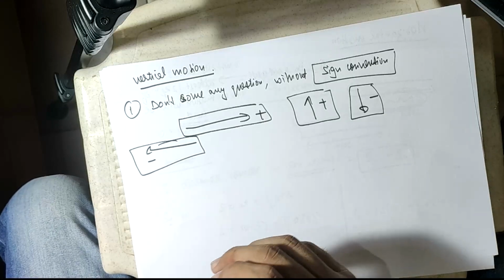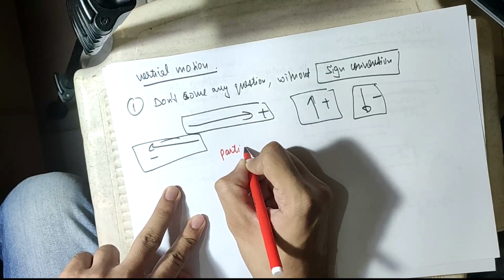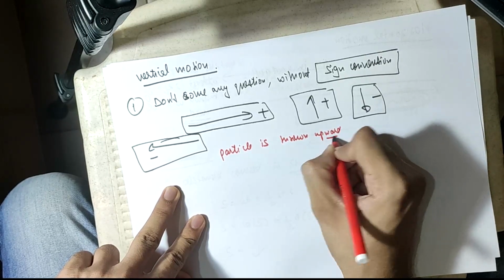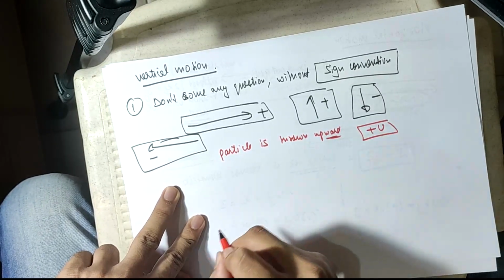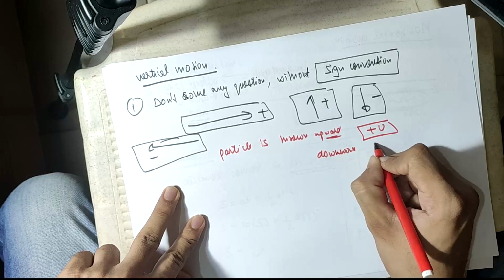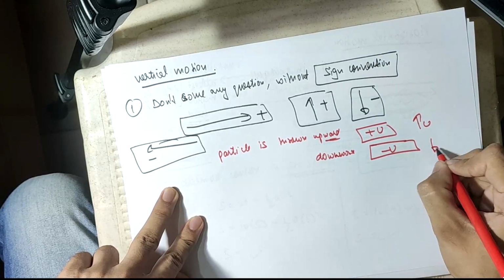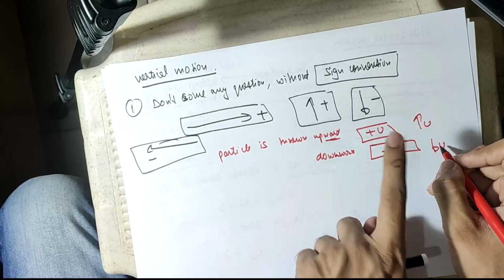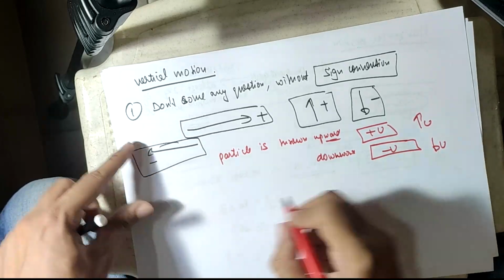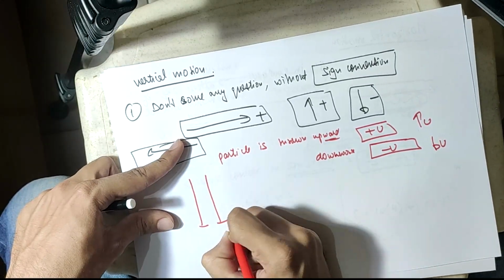Now, how to use the sign convention? If I say a particle is thrown upward, you will use plus u. If a particle is thrown downward, it becomes minus u. So you should know when to use plus u and when to use minus u. How to know? You have to see whether the particle is moving upward or downward. For example, the particle goes from bottom to up, then up to bottom.